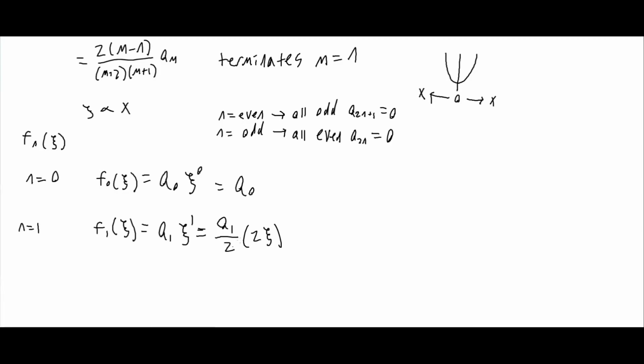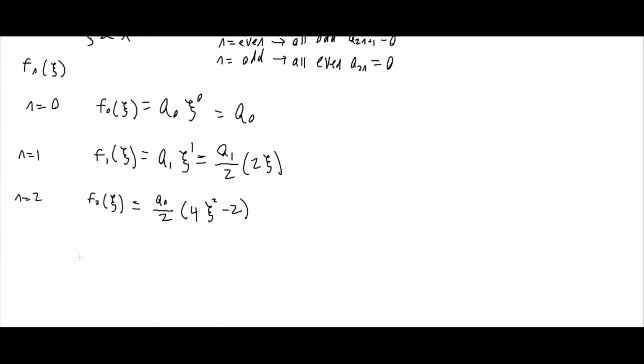And we can see that these 2's cancel out, but if we put it in this form, then we can compare it to our Hermite polynomials. And if we have n equals 2, what we end up with is our 2 xi, and that will equal a sub 0 over 2 times 4 xi squared minus 2. And we could keep going, so if we have n equals 3, I'll make this the